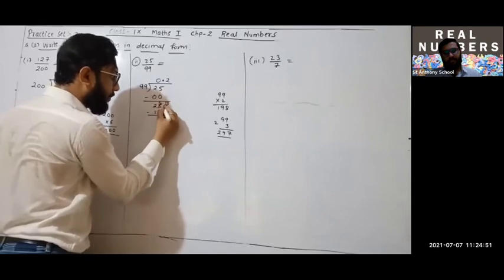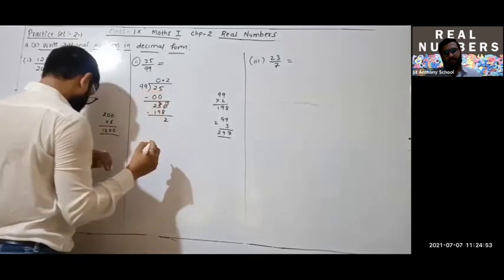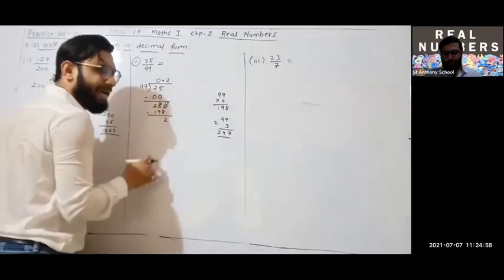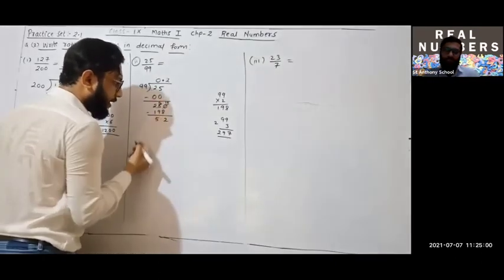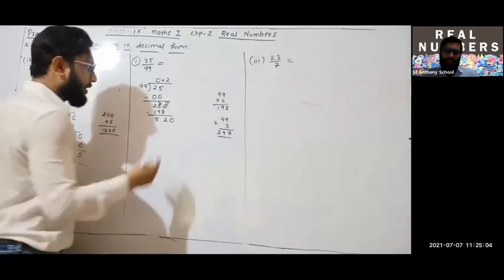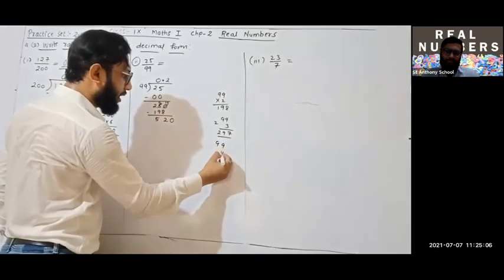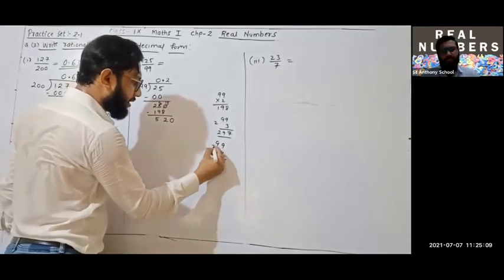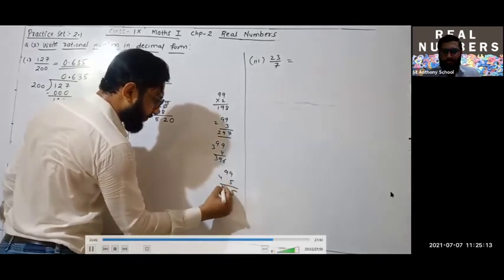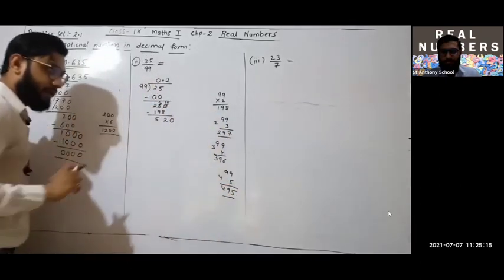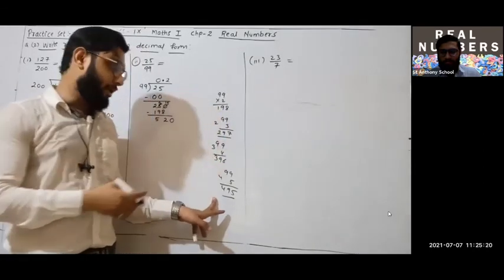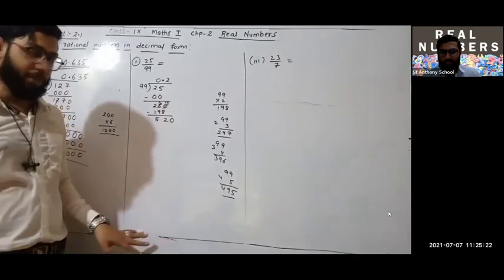This will become 4 and it will become 10. 10 minus 8 is 2. 4 minus 1 is 3... 24 minus 19 is what? 5. Okay, again if it is a smaller number you have to take one 0. What is the nearest number? 99 4s are 36, 39 4s. 99 5s are 45, 495. Guys, ये आपको आना चाहिए. ये नॉर्मल डिवीजन है. मल्टीप्लिकेशन डिवीजन आपको आना चाहिए नॉर्मल वाला. Okay, so 99 5s are 495.